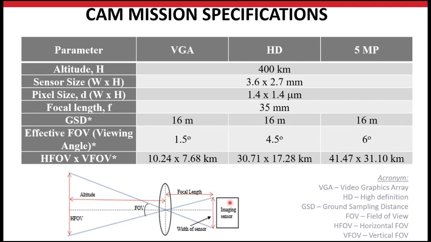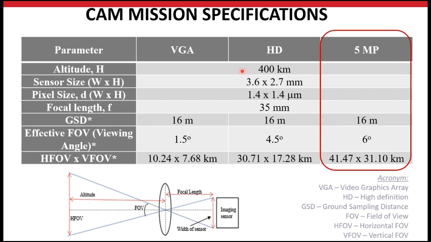So in order to understand this, maybe you need to include this specification to show how you get the GSD and how you get the FOV, based on the sensor size given, based on the pixel size that you design or choose from the market, and what the altitude or the working distance will be. The working distance or the altitude is the distance between the satellite and the ground of the Earth.